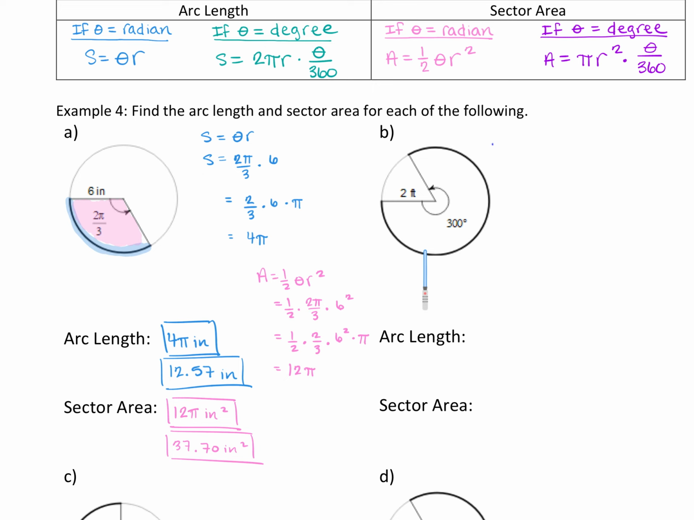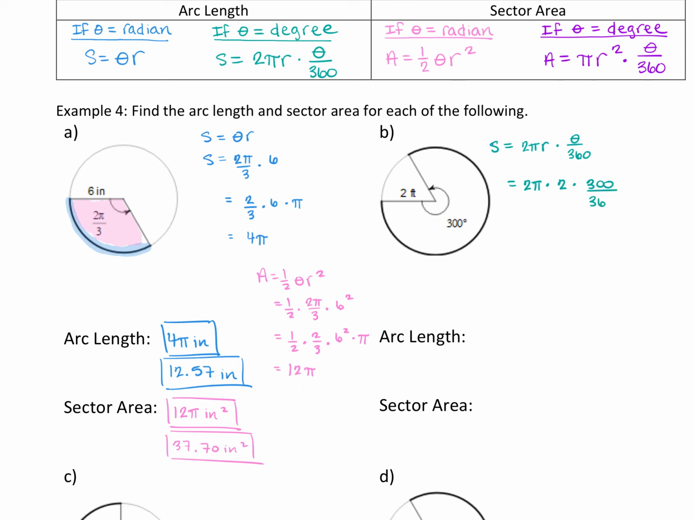For this example, notice that the angle is in degrees. For arc length, then we want to use this green formula. So the arc length is equal to 2 pi r times our angle divided by 360. So 2 pi times r, the radius is 2 feet, times theta, that's our angle measurement, it's 300 degrees,